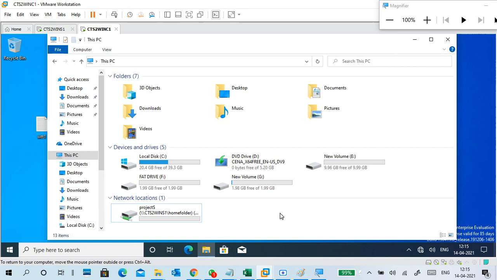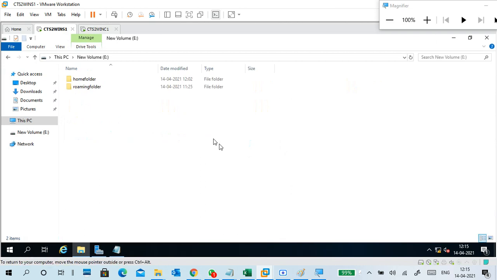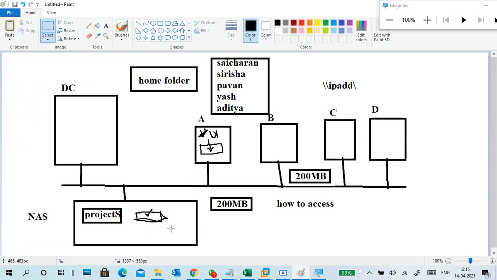We give rights to put data there. When you give a home folder, based on where it is located, he will get drive space like 20 GB, 30 GB, 50 GB, 1 terabyte, 2 terabytes. If your NAS is larger, for example here we have 1 TB of free space, so this also will get 1 TB free space.